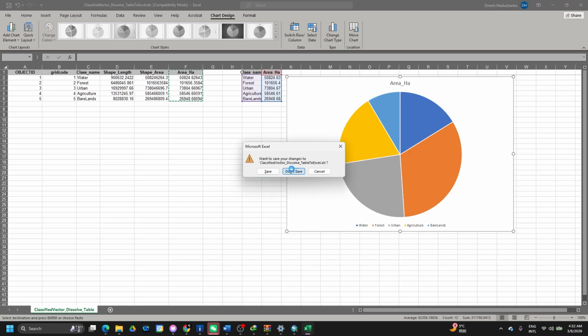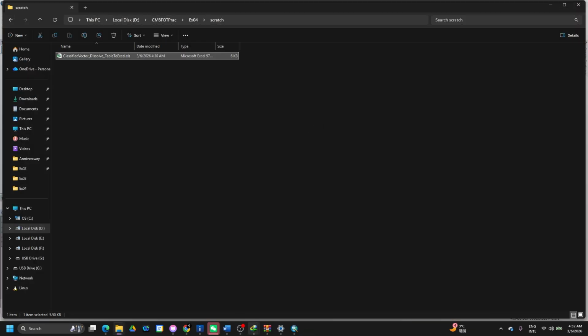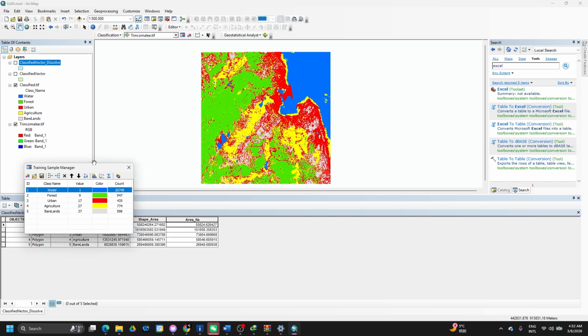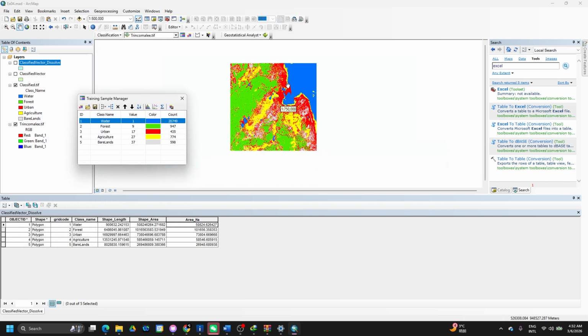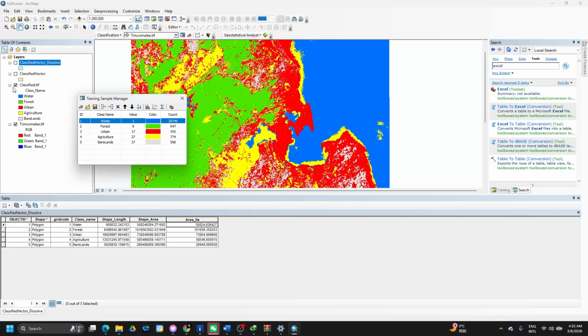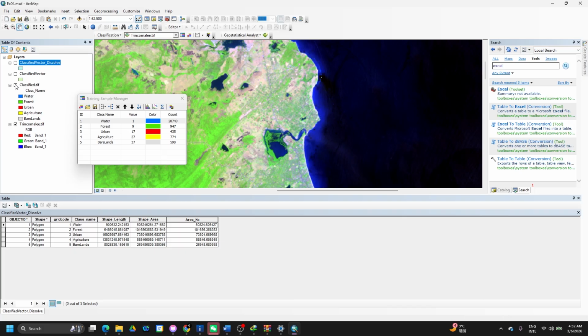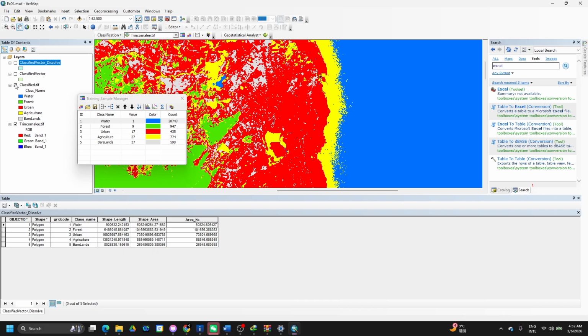This is the way that you can do a simple classification using ArcMap. Hope you got the main key points on this one. The major thing is when you are creating the training samples, because here I know there are some mistakes. Here if you see closely, this region is misclassified. Okay. Here you can see this region we do have water body, but in the classified image, it classified this region as